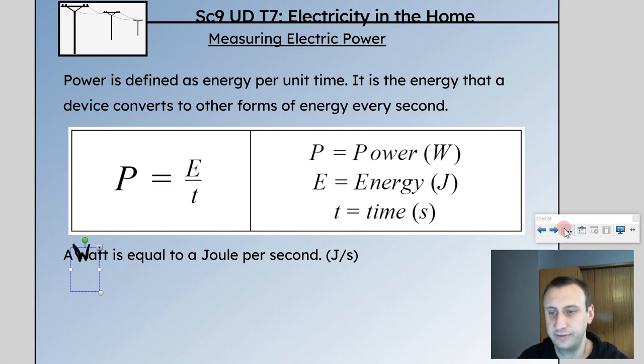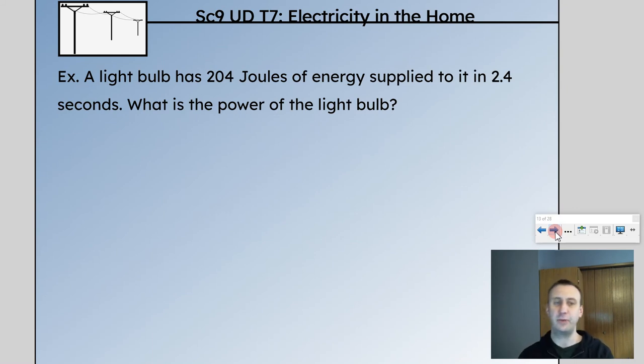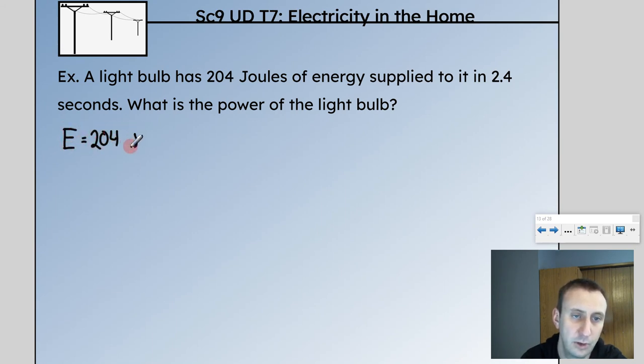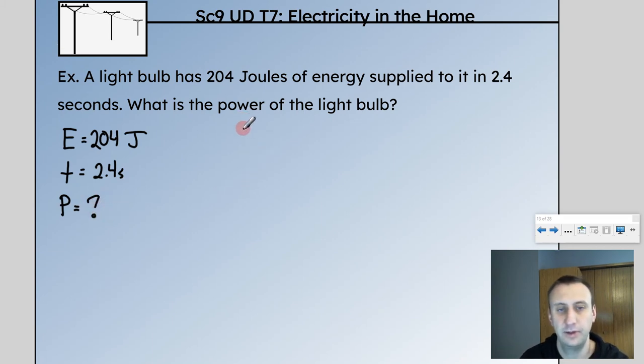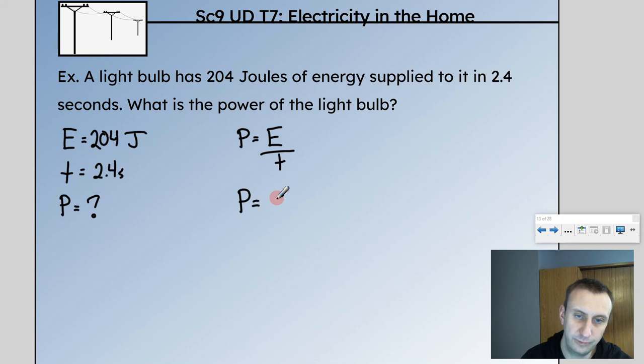So let's take a look at a quick example and see if we can figure it out. Let's say we have a light bulb that has 204 joules of energy supplied to it in 2.4 seconds. What is the power of the light bulb? We're going to go through the full problem solving process that we did before with Ohm's law. We have our energy, which is equal to 204 joules. We have a time equal to 2.4 seconds. And I'm looking for the power of this light bulb. So power is equal to energy divided by time. My power is equal to 204 joules divided by